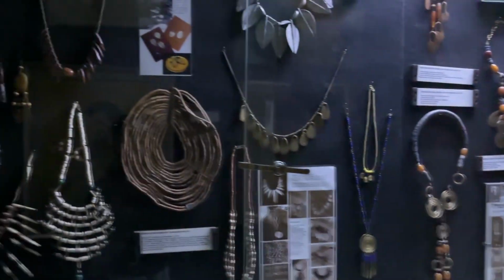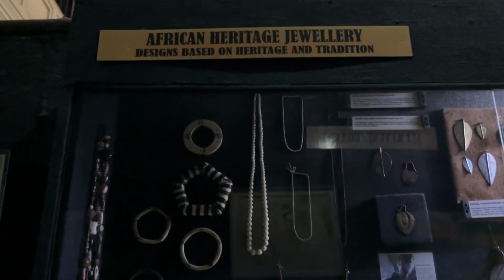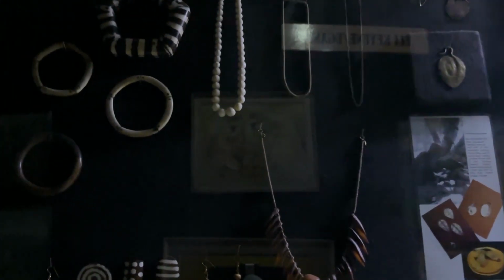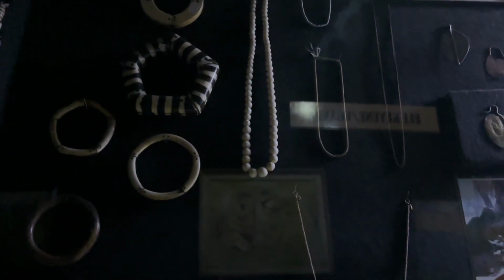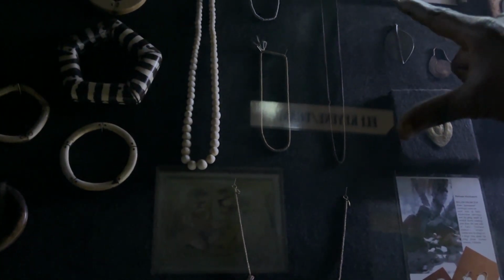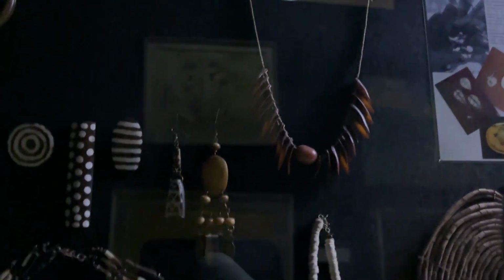As for this particular case, we have African heritage jewelries here. These are purely beauty items made with African materials. There's nothing from China here. These are bones of small animals. They have used them to make the wrist. This is the small round chain that is made from ivory, very expensive chain. This is made from